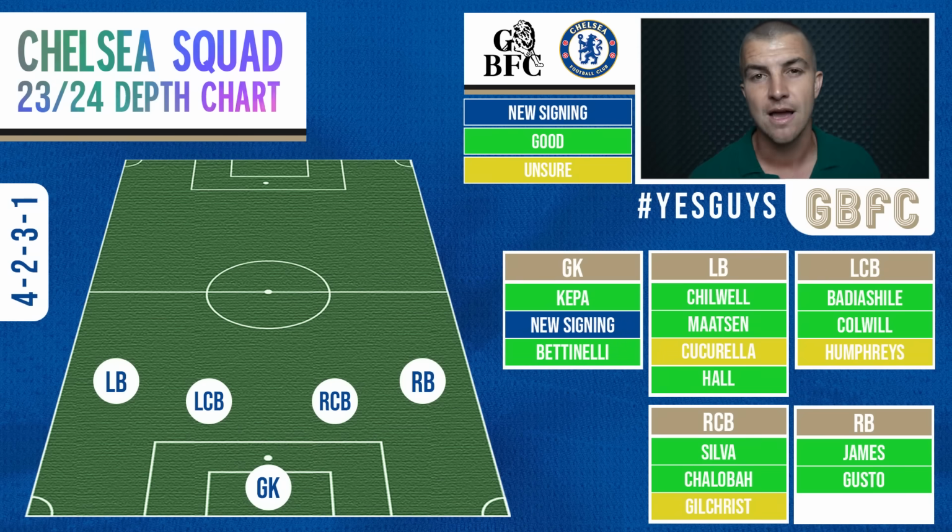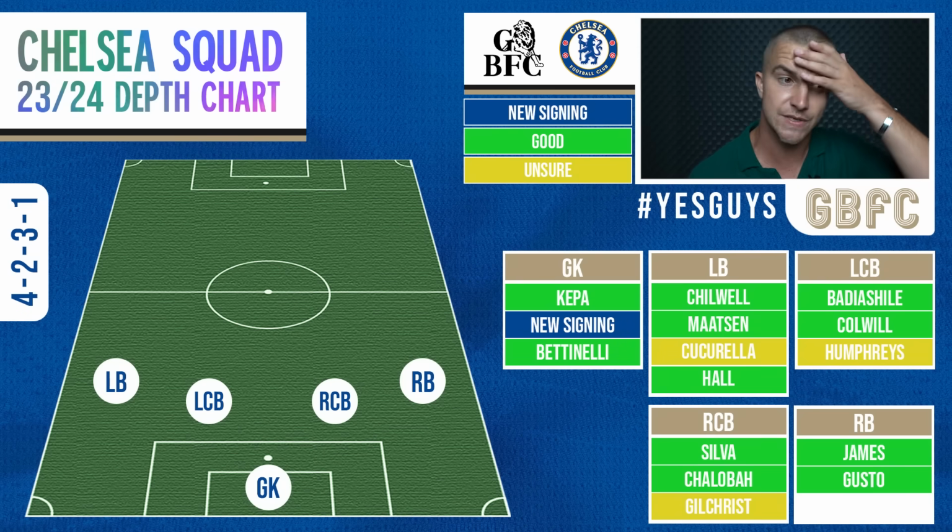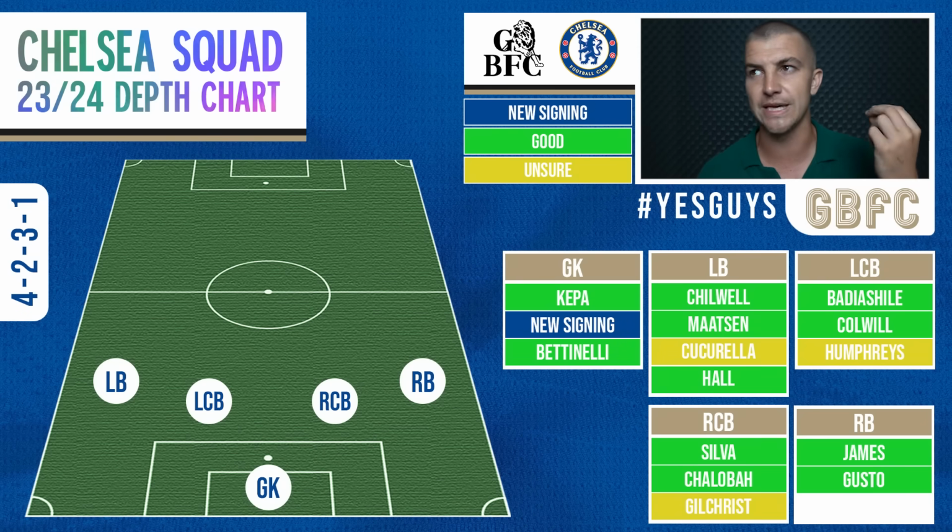Left back, when we look at this one, we've got Chilwell at the top. I've put Maatsen in second. I've given Cucurella an unsure yellow colour because as much as I think he'll still be higher than Lewis Hall, I think Lewis Hall's a good option at left back, but I still think Cucurella is the weak link in the Chelsea defence. It always comes back to what we spent on him, but at the same time, the amount of errors that we see that ends up leading to goals, I'm not sure, but we certainly don't need to